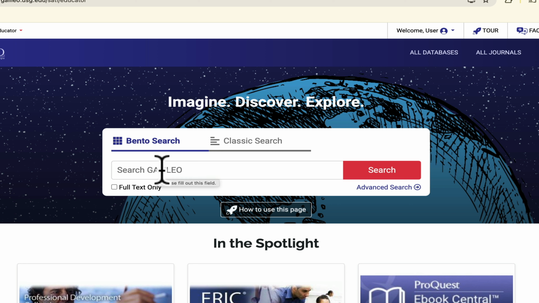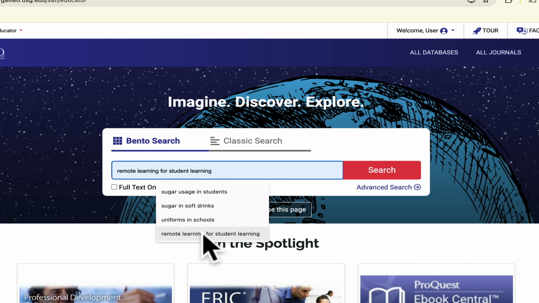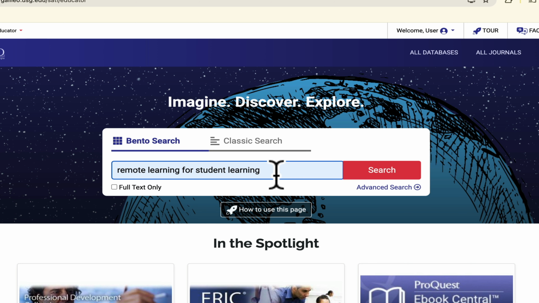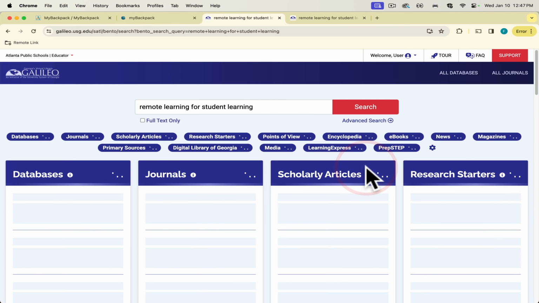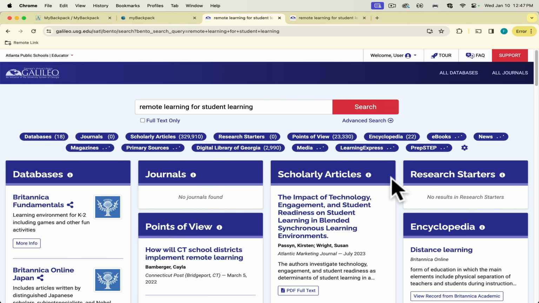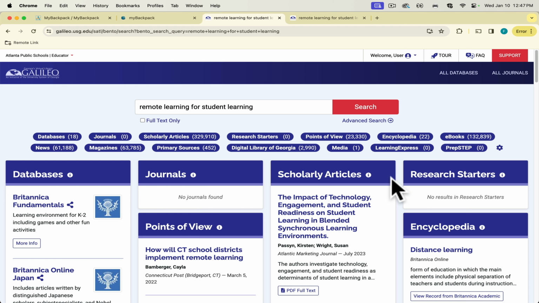So let's start with a simple search, such as remote learning for student learning. Hit search and notice all of the resources that are populated. We have 18 databases covering this information, and within those 18 databases, we have over 60,000 magazine articles, 61,000 news articles, 452 primary sources, 329,000 scholarly articles, pictures from the Digital Library of Georgia, almost 3,000 points of view,